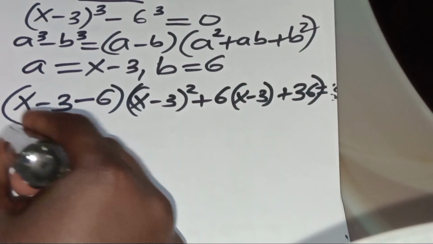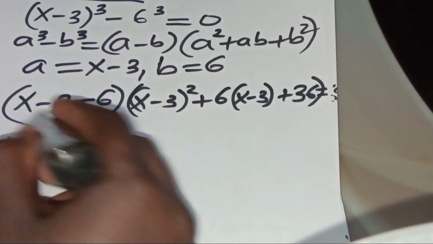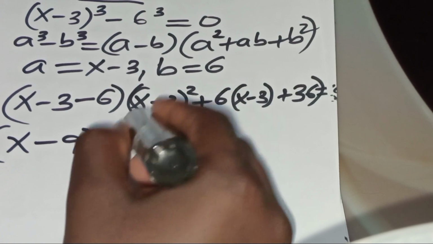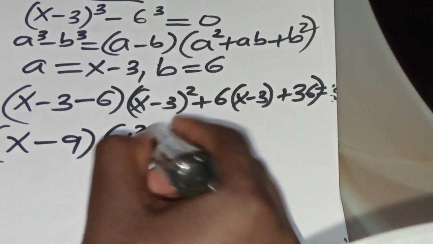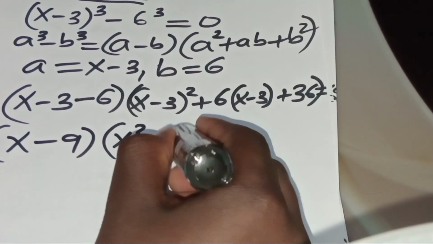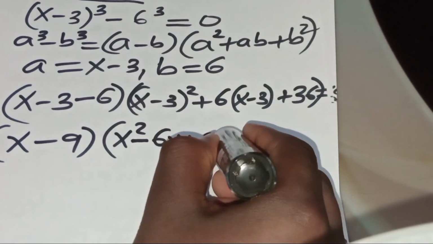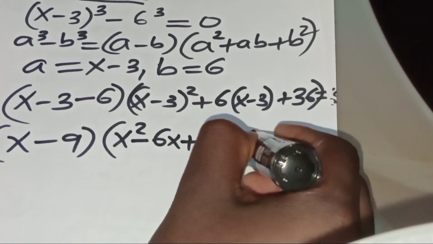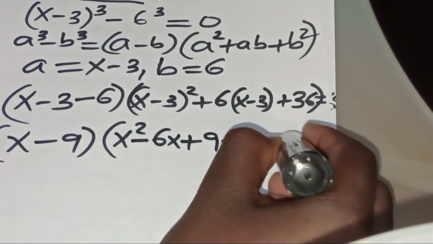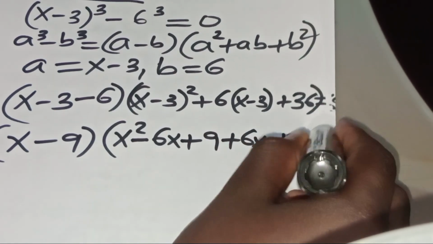We have (x minus 9) times (x squared minus 6x plus 9, plus 6x minus 18 plus 36), this